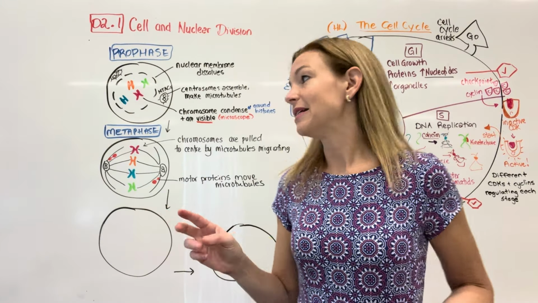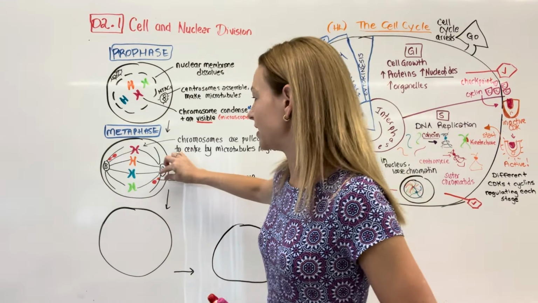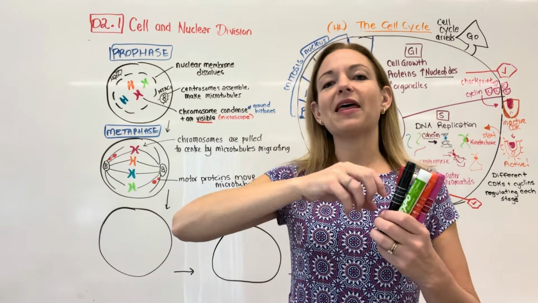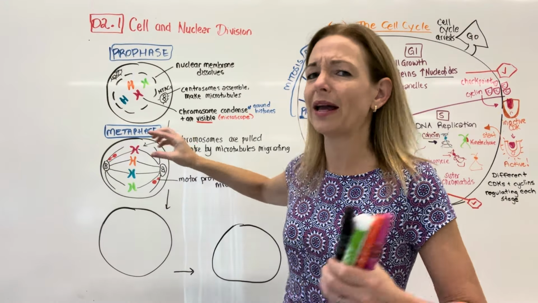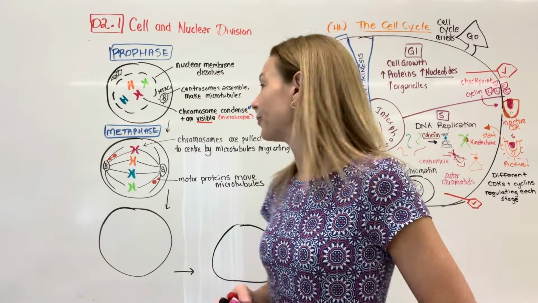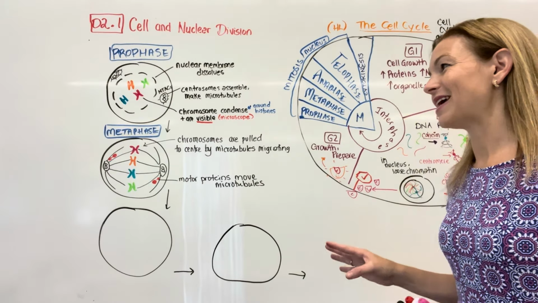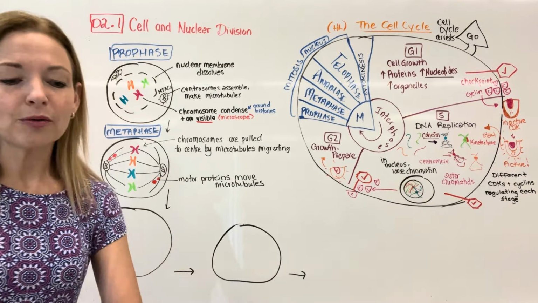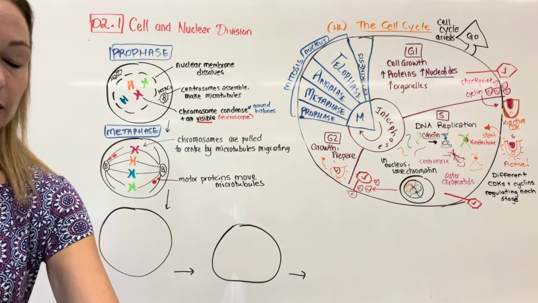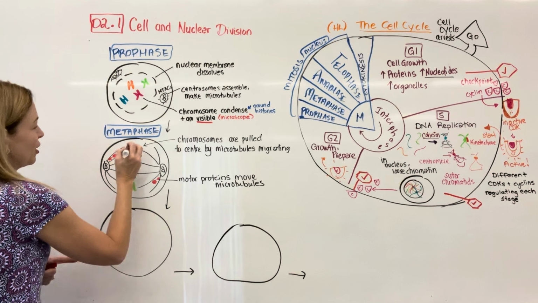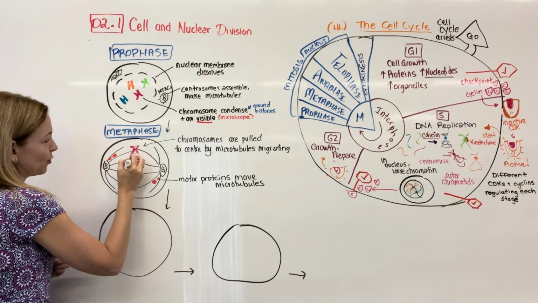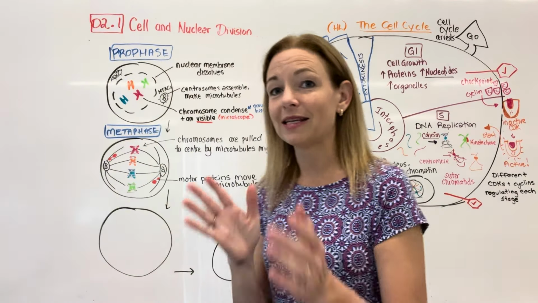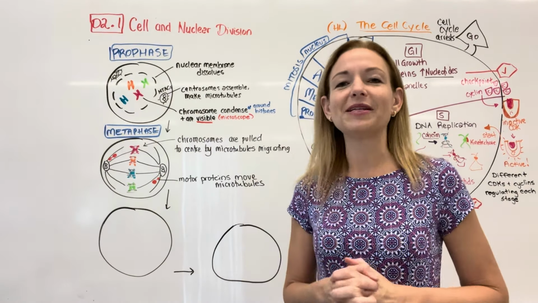You don't need to know a lot of detail about how, but basically there are little proteins in between the spindle fibers that attach to the chromosomes, and they are what is pulling it this way. They're pulling it towards the poles, which is important for the next stage as well. Right now, they're lined up in the center, and they're staying together because remember there's cohesin between them. So I'm going to draw the little cohesin holding them together.